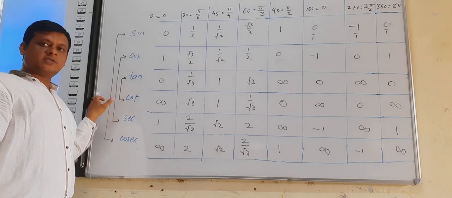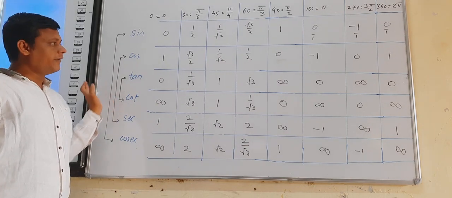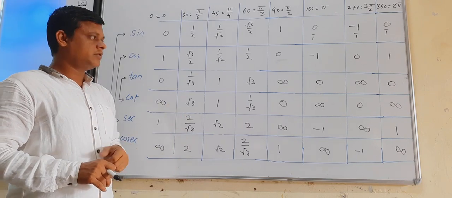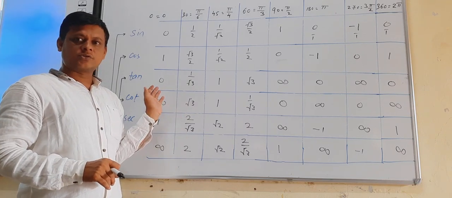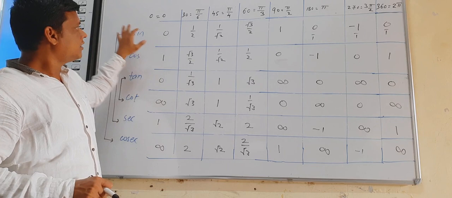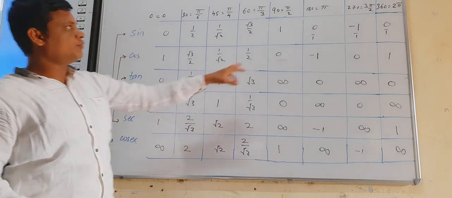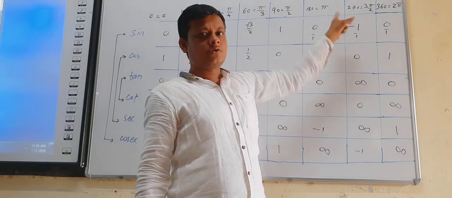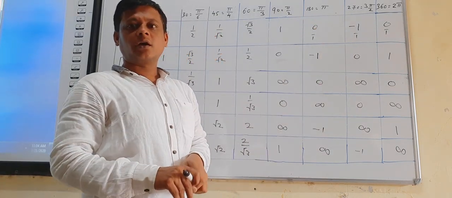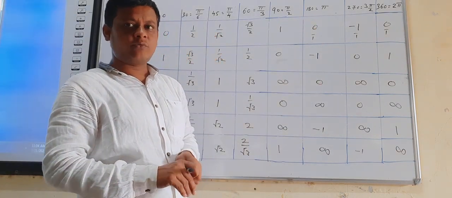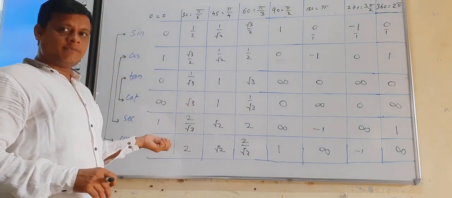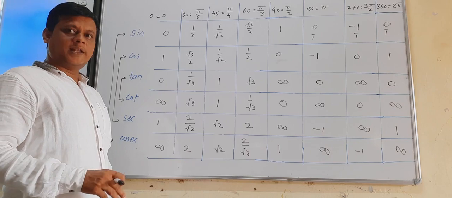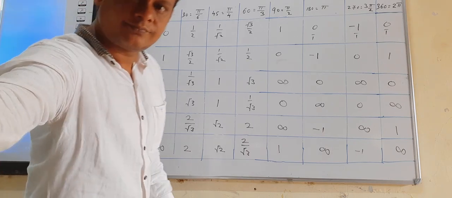Why do we take this table first? Because while solving trigonometric equations, you must know the values up to 90. These values you can calculate from the compound angle formulas that we already discussed in part first. So you remember this while solving the problems.